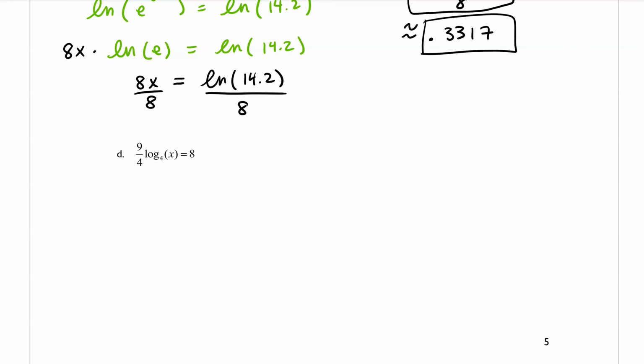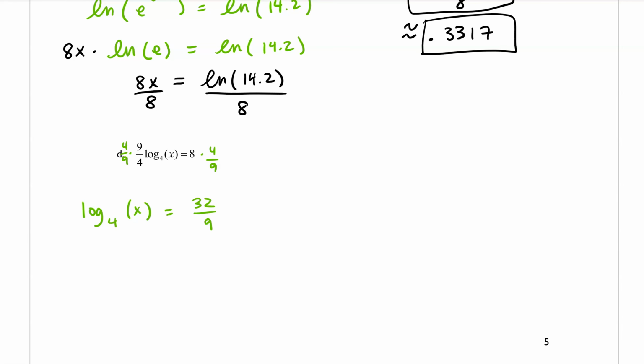All right, part D says 9 over 4 times log base 4 of x is equal to 8. So the first thing I'm going to do to try to get x by itself is multiply both sides of the equation by the reciprocal of that fraction there. So I'm going to multiply by 4/9. And if we do that, we get log base 4 of x is equal to